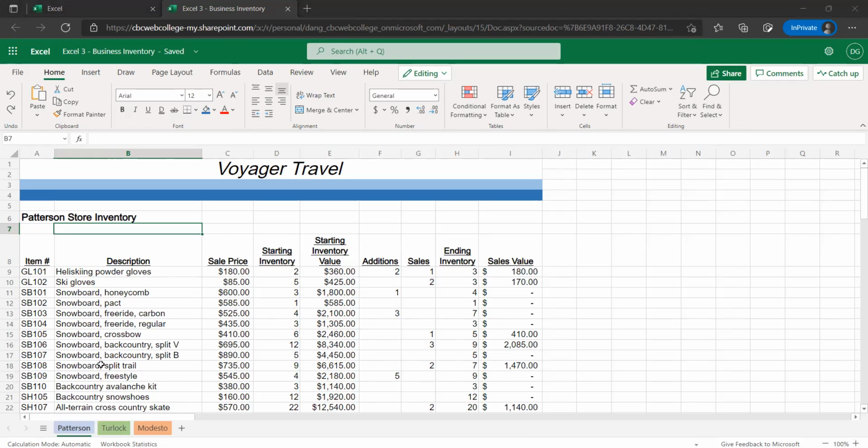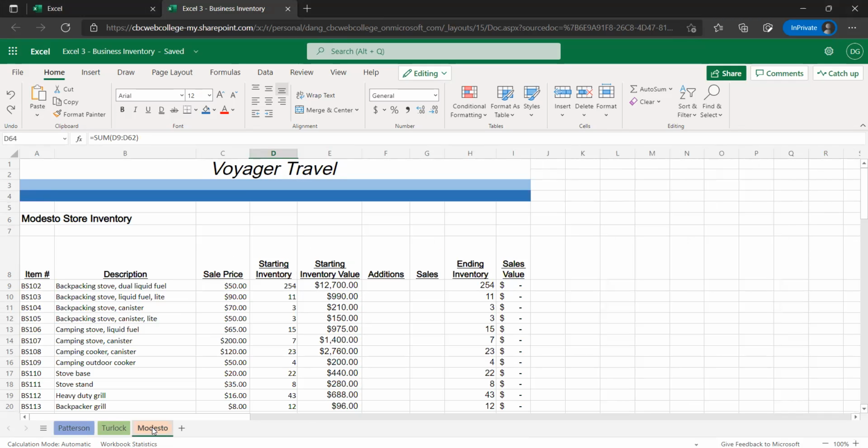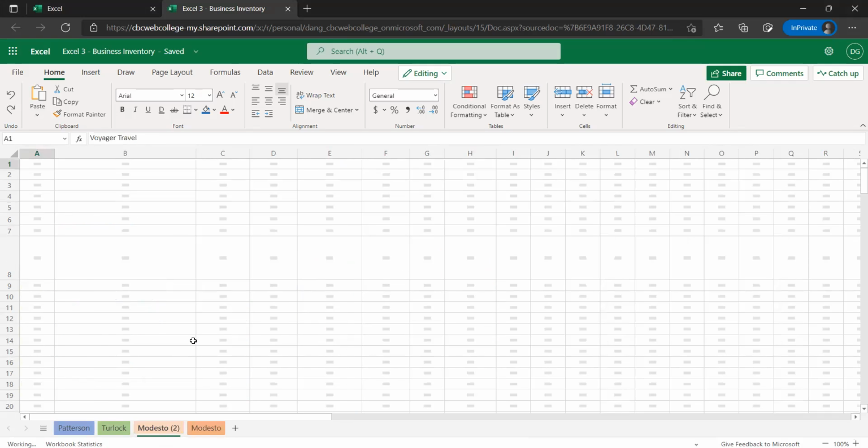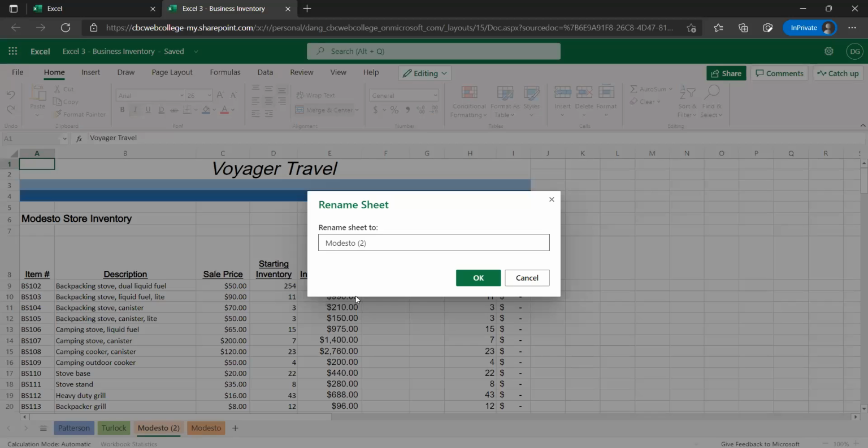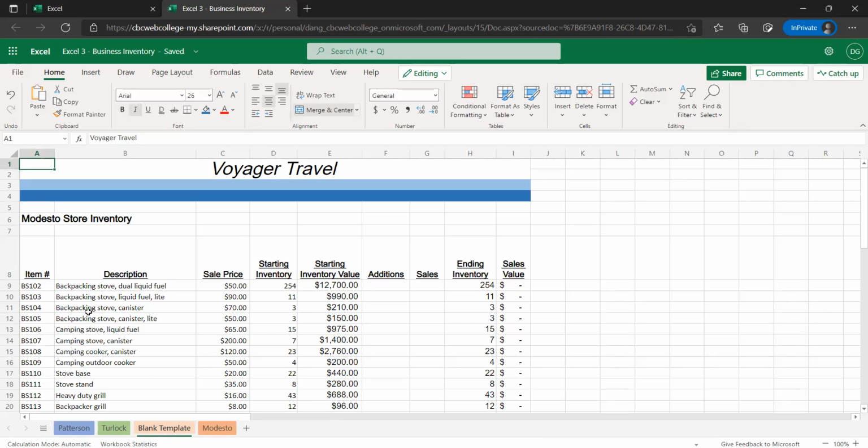All right, so any questions on how we did all that? Let's make one more duplicate. I'm going to use Modesto because it had the fewest items in it. I'm going to right click and duplicate. It's called Modesto 2. I'm going to change the name to blank template. And then I'm going to change the tab color